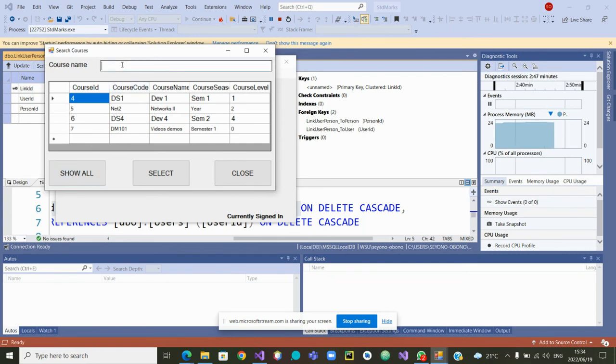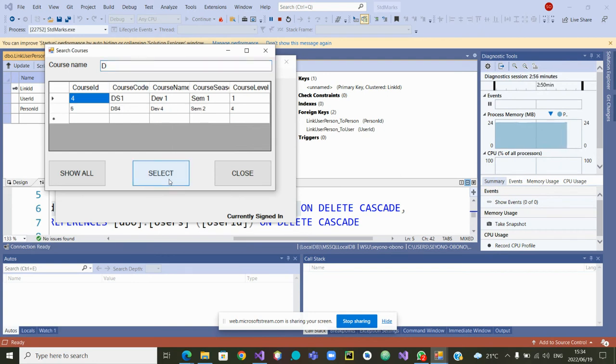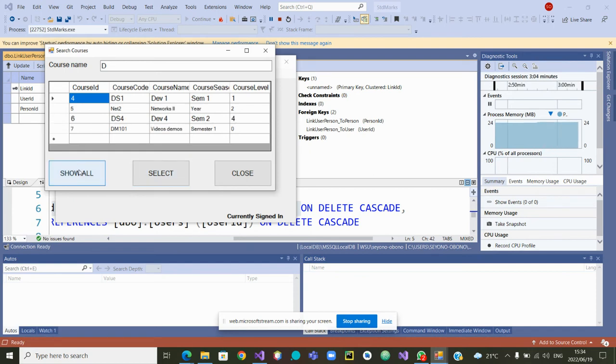Here I can ask this menu to give me all the courses that are starting with D. Select them. Yes, it gave me DS and DS4. If we go back to show all, and ask it to give us all the courses that are starting with DM,